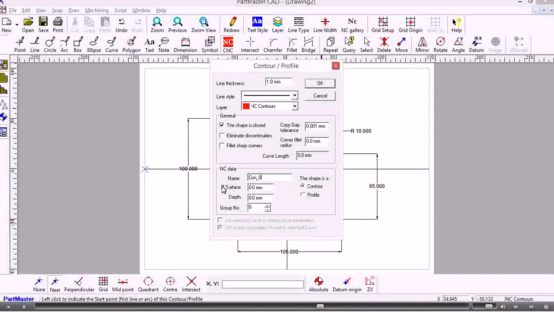The Z surface, this is the top of the job, and normally that would be set to Z0. The depth of the contour is measured from there, so if we enter a depth of 20, notice that I don't need the minus sign there because it's a depth, it's assumed to be going into the workpiece. So we click OK and leave the rest of the defaults as they are,